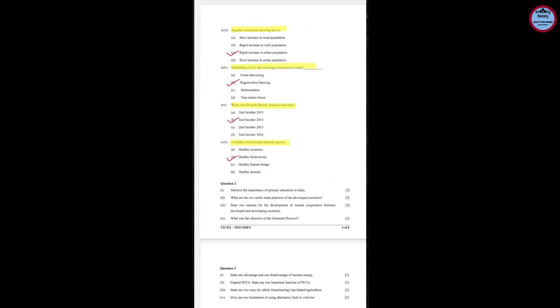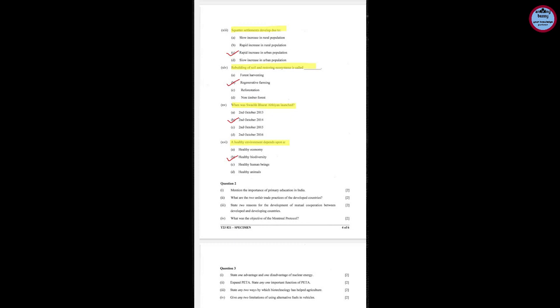Next question, when was Swachh Bharat Abhiyan launched? The correct answer is 2nd October 2014. Next question is, a healthy environment depends upon: healthy economy, healthy biodiversity, healthy human beings, healthy animals. So the correct answer is healthy biodiversity. Now coming to the